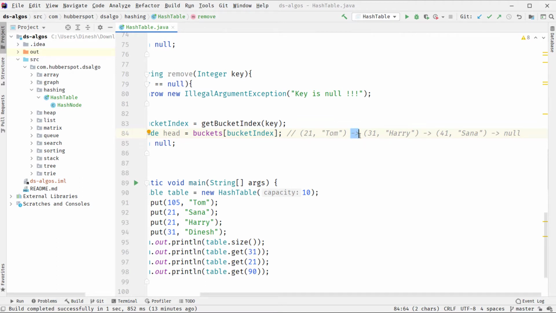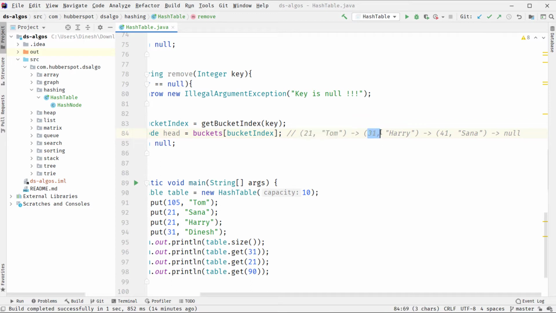And if we free this node directly, then all the nodes after this node will also be removed. So what we need to do is, as head has traversed to this node, we first keep track of its previous node. So wherever head will go, we will keep a reference to its previous node, which is very important while removing a key from the hash table.